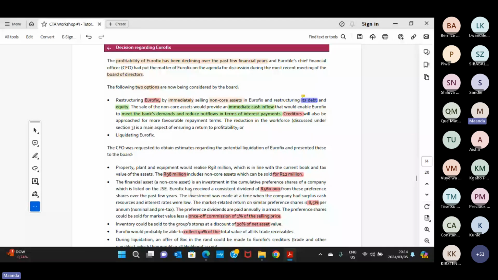Then after doing that, you recommend. So remember we said we need to recommend, right? And then we need to conclude based on some of the things that we gave them, to say consider this and this on this approach, and on the other approach, consider this and this. And then from there, you say, okay, I recommend, because the board asked you to recommend here. Then you say, for example, I recommend that maybe restructuring might be beneficial